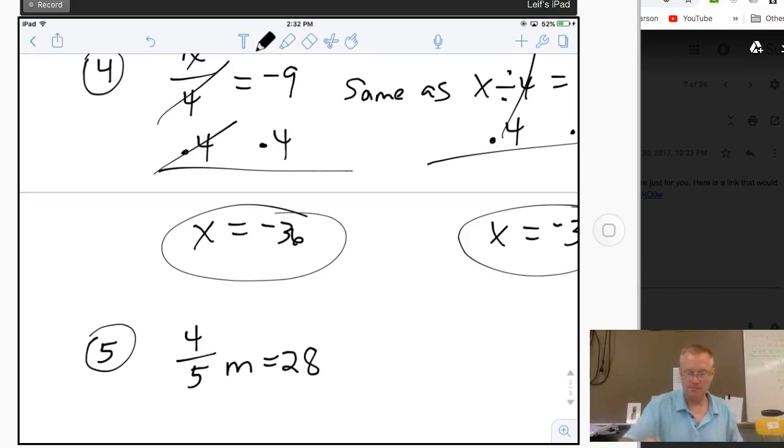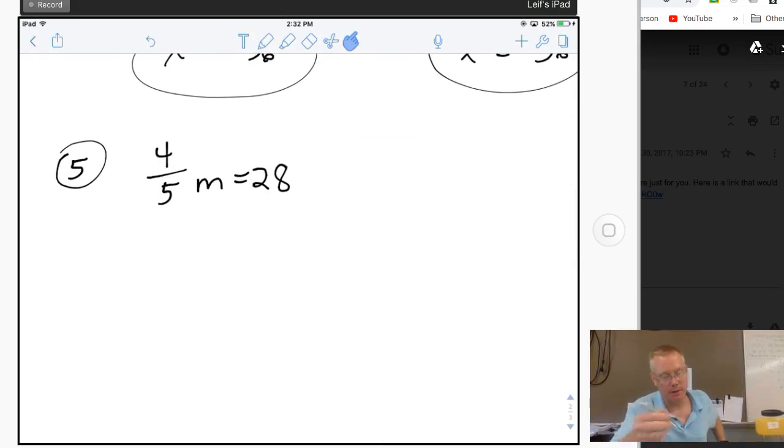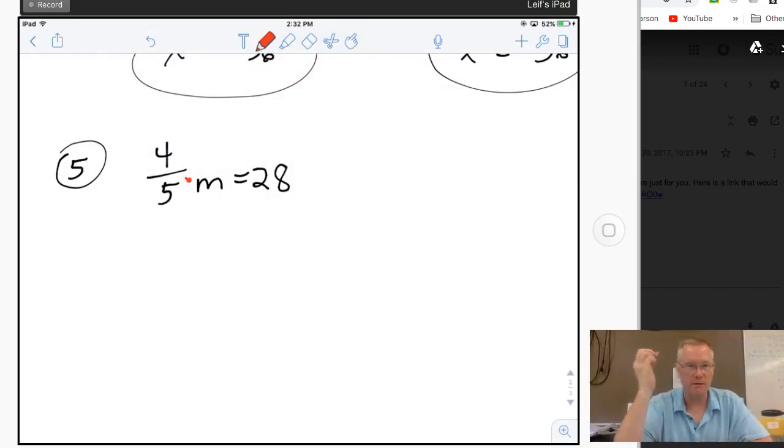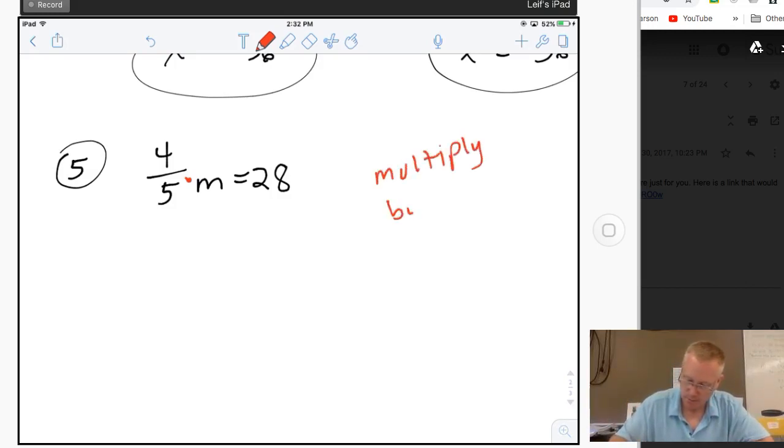All right, so this one. These are about as hard as they get, I think. So this is, once again, multiplication in between that fraction and the variable, if there's nothing written there, 4/5 times m, which means you would do one of two things. Either you could divide by 4/5, but remember, when you divide fractions, you end up flipping and then multiplying. So what I like to do with this is multiply by the reciprocal,